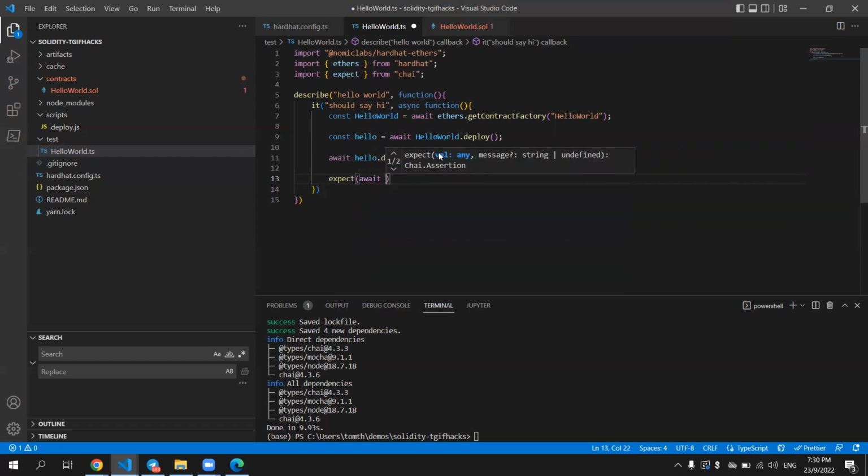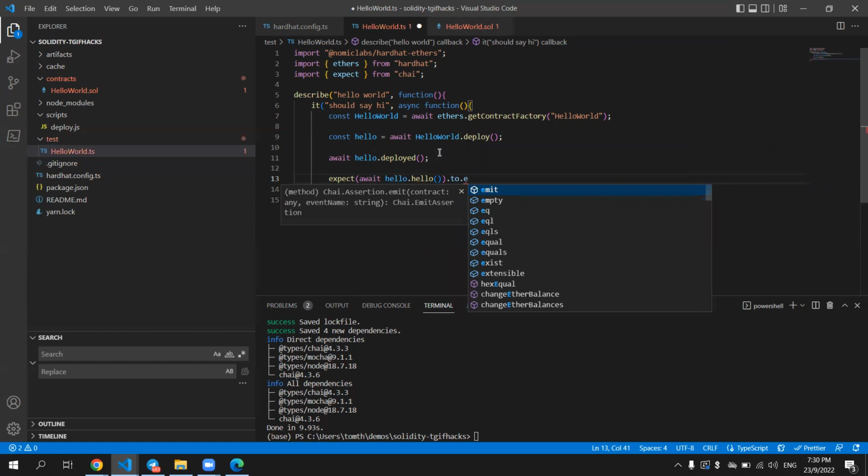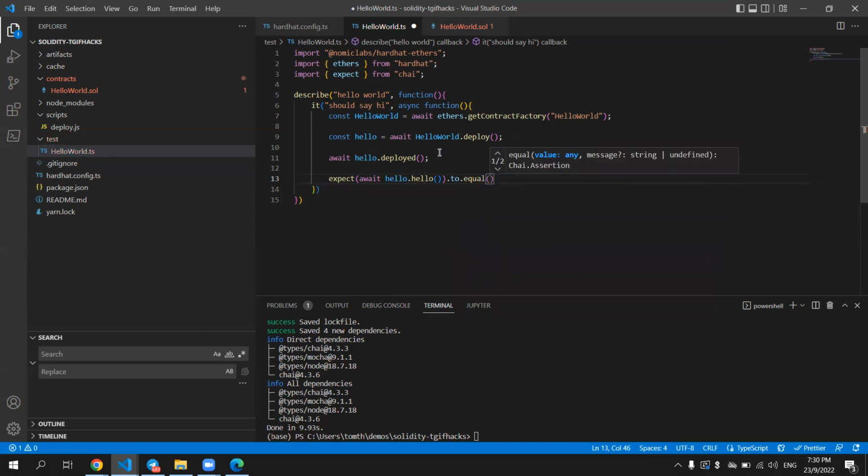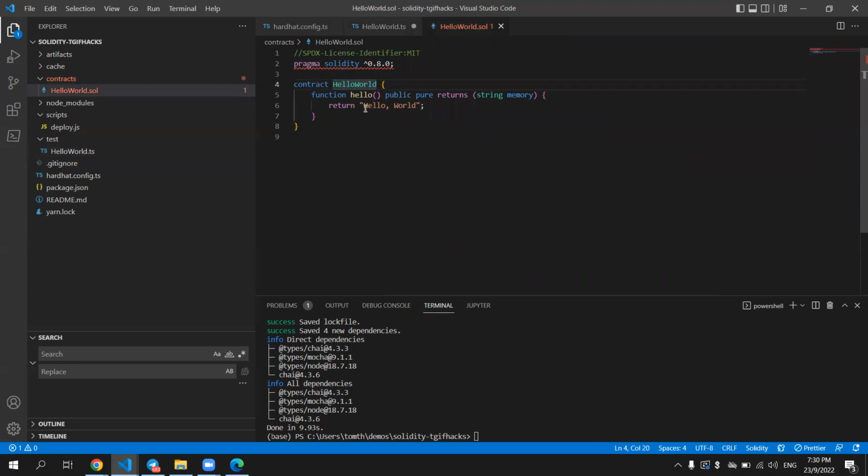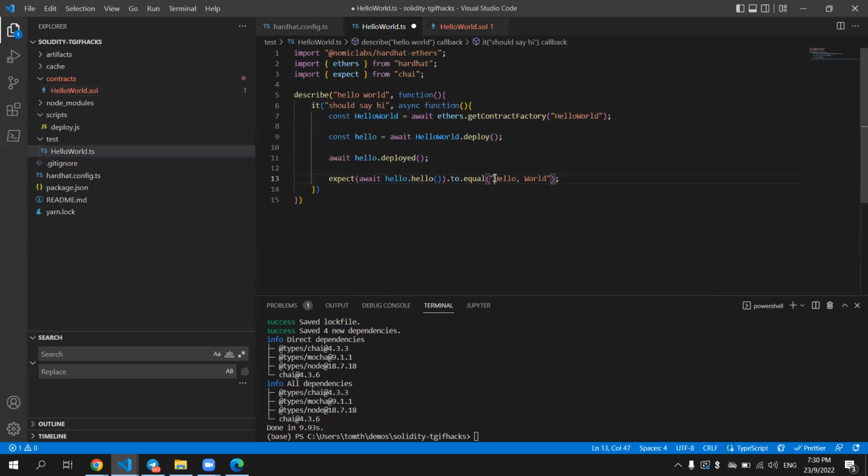So we expect, so what, equal, let me just make sure that it is fine. So yeah, we're going to want to test this string that we've put in, just to ensure that it passes. Yeah, and then we're going to want to save it. And then